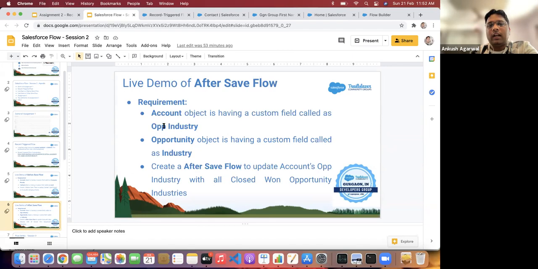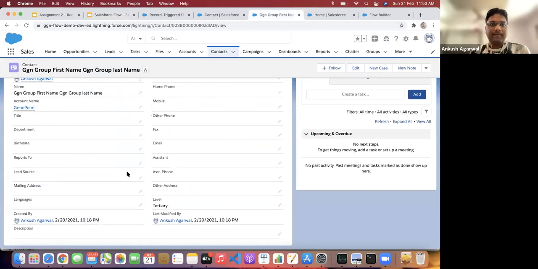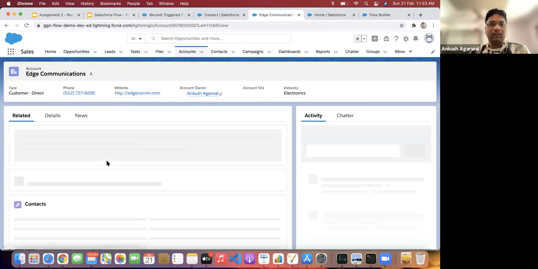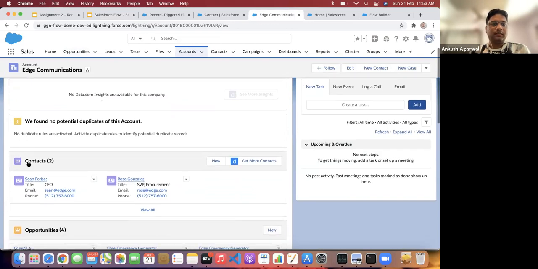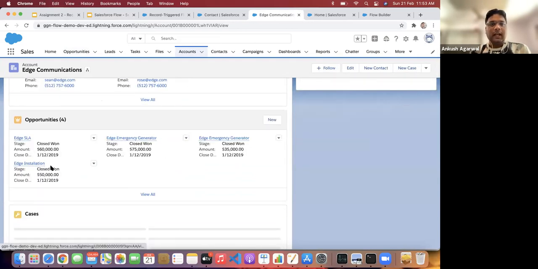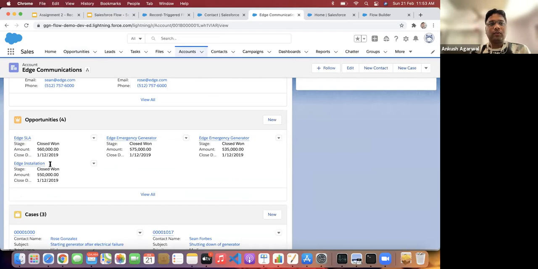Whenever I update industry on the opportunity, it should be aligned with the opportunity industry at the account level. So let me show you one example. If I go to opportunity, okay, yeah, this account has 4 opportunities and all are closed won.